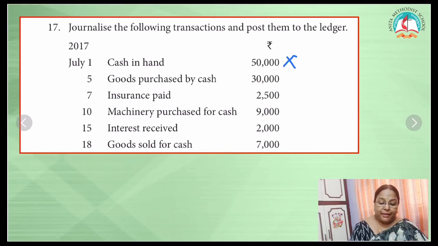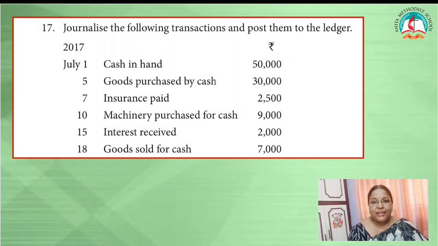It is the opening balance of cash in hand, which means that is the closing balance of the previous month. Now, you are going to prepare for July. So, that is the closing balance of June. Okay, children. There is no transaction. You are just bringing in the closing entry as the opening balance. Clear? Next one. Goods purchased by cash. What is the journal entry? Purchases account debtor to cash account.